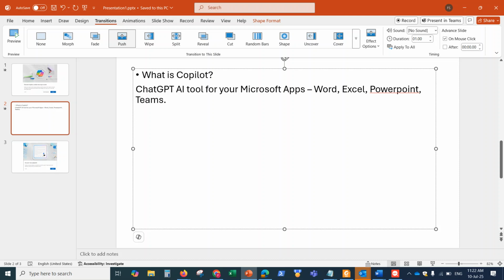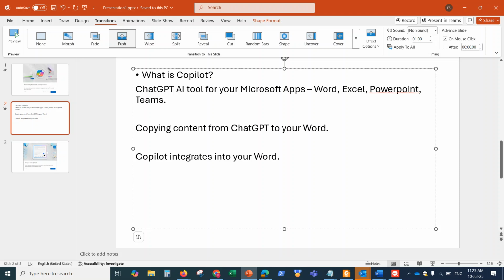Now, many of you maybe have been using ChatGPT to create emails or to draft email content or to draft proposals, and typically what you do is you are copying content from ChatGPT to your Word. And sometimes you miss the formatting, and sometimes it's not very clear, and sometimes you have to cut and paste some of the content. The difference by using Copilot is basically it integrates directly into your